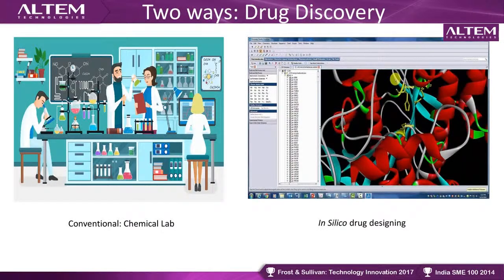Okay, coming forward, you can see here the two ways of drug discovery. One is the conventional method where we are using our chemical labs. The other way is the in silico drug designing, where we are going to use the computational tools or techniques. Okay, when it comes to the conventional wet lab, it involves actually the physical experimentation with the chemical components